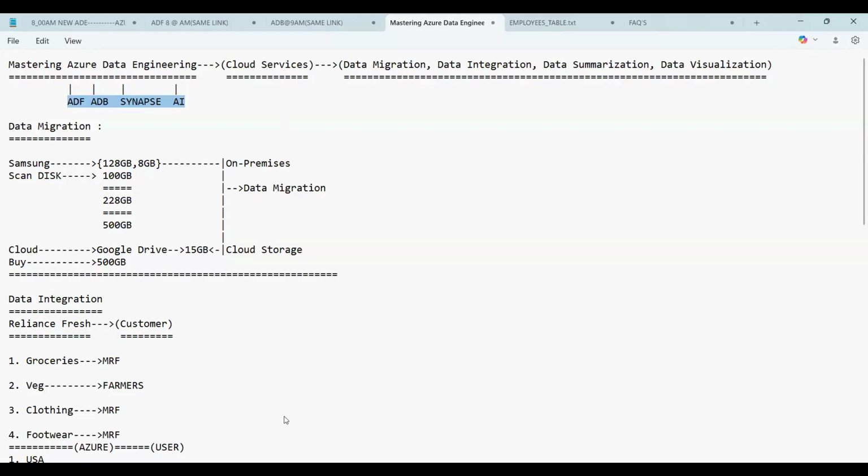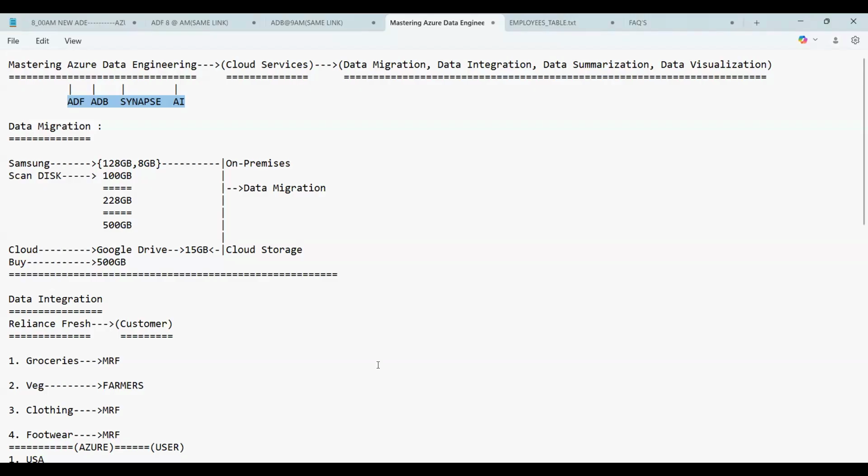Okay, 3 months. But if somebody wants to wind it up in faster time, that is, in 1 month also, that is possible. How? You have to attend multiple batches parallelly. Suppose, let us say, at 8 p.m. you attend the ADF, at 9 p.m. the ADB, then at 7 p.m. the Synapse and AI. In this pattern you can complete it at the earliest. Maximum is 1.5 months to 45 days. You can complete it in a fast track manner.